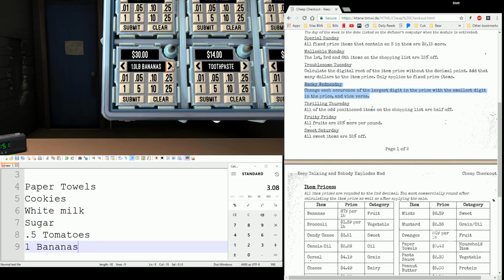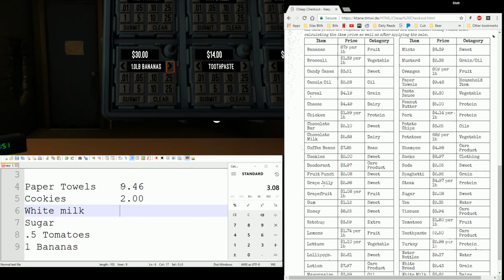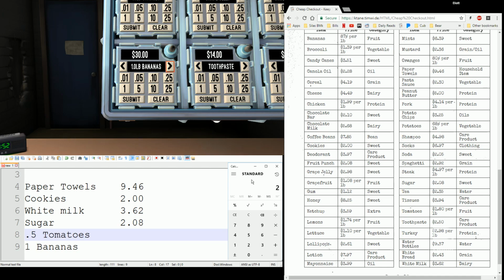Let's look at base prices first. Paper towels come in at $9.46. Cookies are $2 even. White milk is $3.62. Sugar is $2.08. The half pound of tomatoes. Tomatoes are $1.80 a pound. We want half pound. That's 0.9 or 90 cents. And 1 pound of bananas. They're 87 cents a pound. So that's